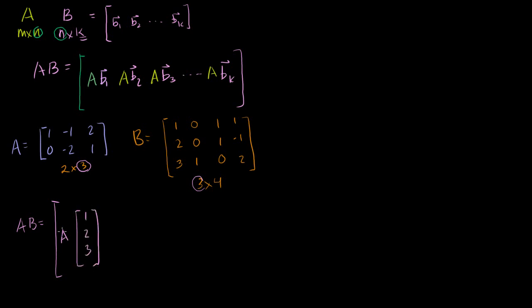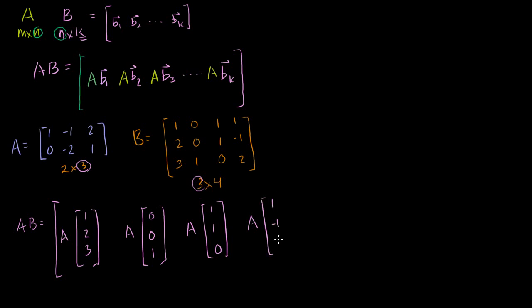That's going to be the first column in our product matrix. Then the second one is going to be the matrix A times the column 0, 0, 1. The third column is going to be the matrix A times the column vector 1, 1, 0. And then the fourth column in our product is going to be the matrix A times the column vector